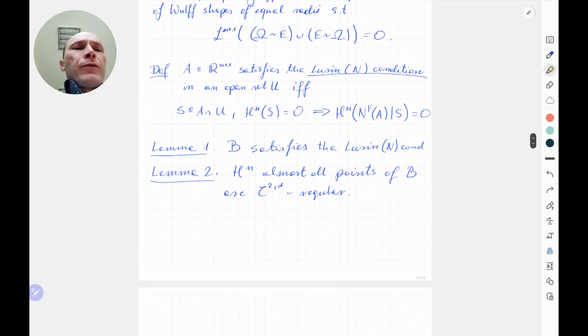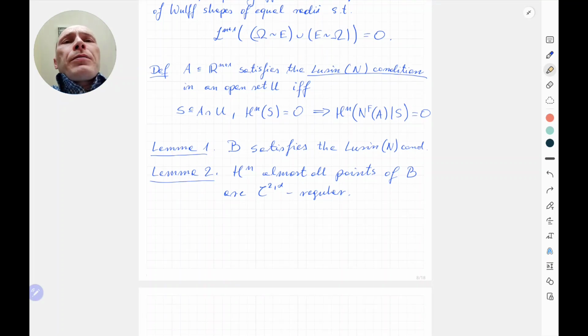So first for this lemma we use Allard's 1986 regularity paper to get C^{1,alpha}. So we have that B is almost everywhere C^{1,alpha} regular, and then we use classical PDE Schauder estimates, kind of for fully nonlinear divergence form operators,